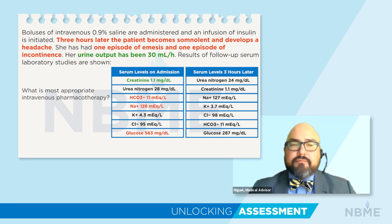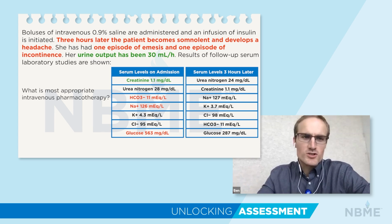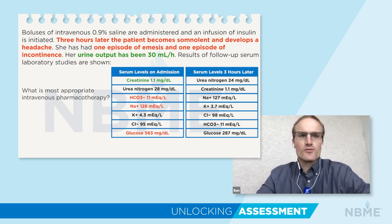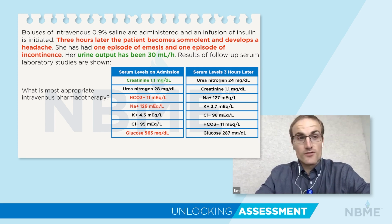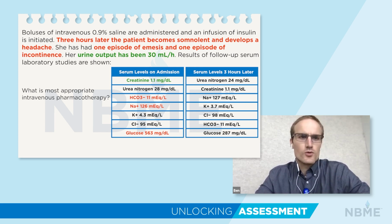Great points. Ben? For me, this was a classic case of, in a 2-part question, reading the first one and then guessing what the second question will be, and then going down the wrong track as a result of it. Because I totally went down you're pumping the person full of fluids, you're giving them insulin, you need to watch potassium. And in retrospect, after slowing down a little bit, I should have expected to see cardiac complications from potassium, not neurologic. And in my mind, when I saw the 0.9 saline, I said, okay, they're getting isotonic fluids, you should see a correction. And it kind of just scrubbed away the low sodium that we'd seen before